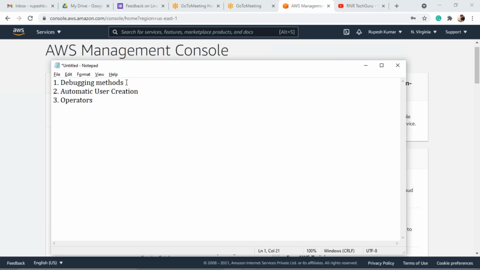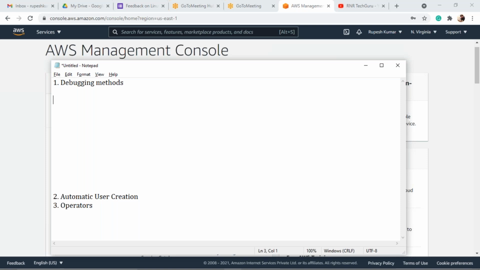So now, what are the debugging methods? I think yesterday I gave you a brief note on that. So what are the debugging methods? Can I get responses from you?